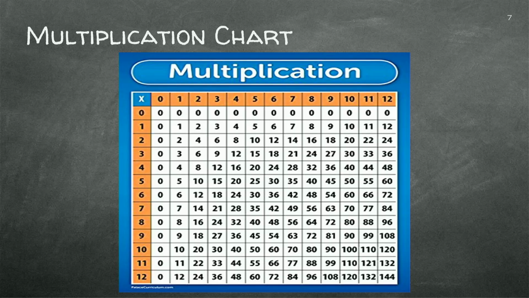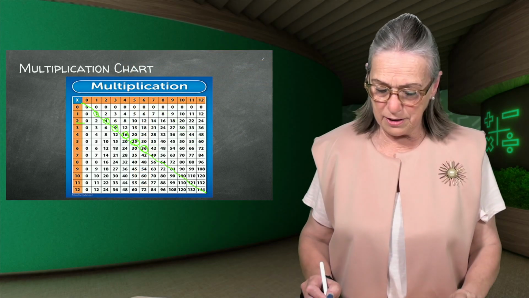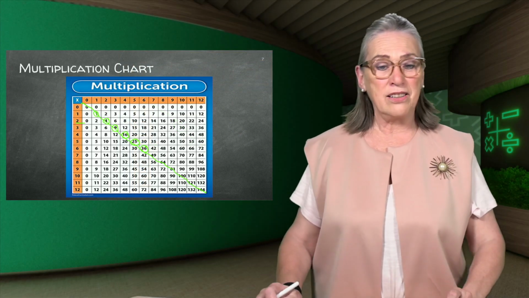Now let's do this together. 1 by 1 is 1. 2 multiplied by 2 is 4. 3 multiplied by 3 is 9. Now can you see the pattern? 4 multiplied by 4 is 16. 5 by 5 is 25. 6 by 6 is 36. So you can see the pattern. It's this diagonal line, 7, 8, 9, 10, 11, 12. So this diagonal line from X in the left-hand top corner to 144, on that straight diagonal line, we've got